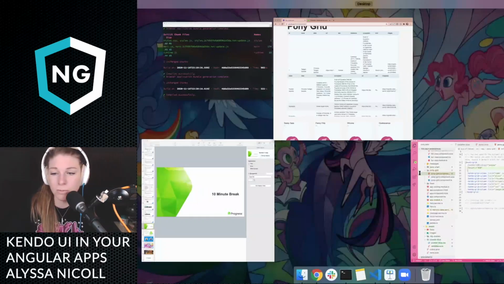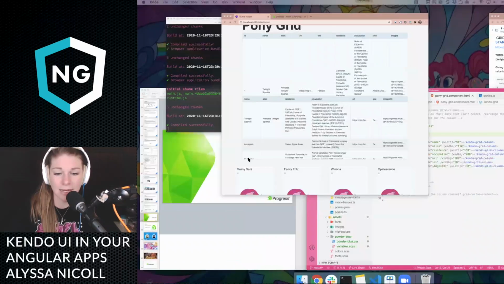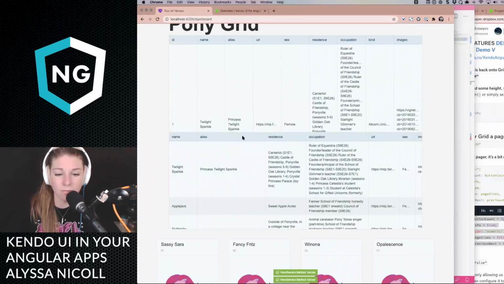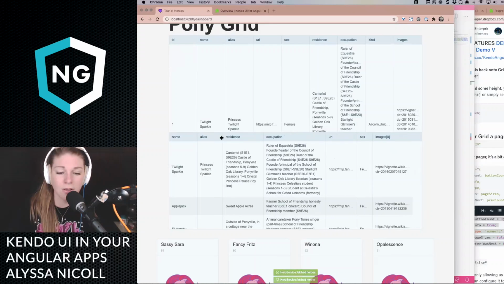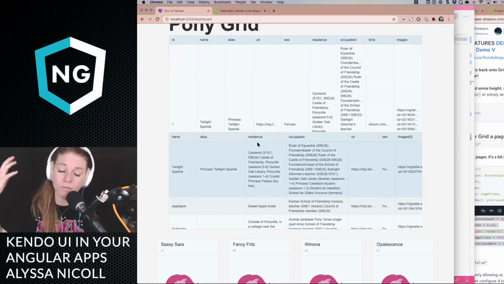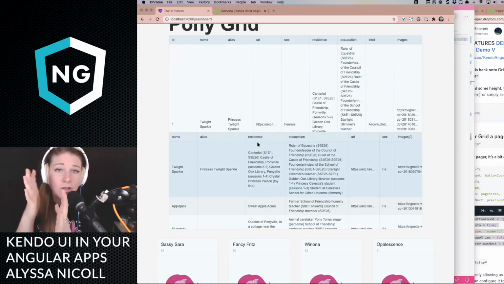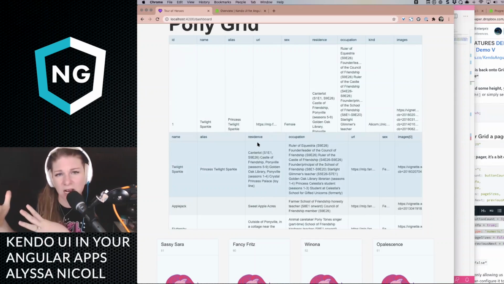And so let's pull this up and we're going to throw on resizable true. And yes, it is as easy as that. We now can resize our columns. And things like this are awesome for when you have, like, an employee dashboard with grids and you want to not only allow them to resize the columns, but you want to save that setting, like the size of their columns or the order of their columns or the grouping that they had selected. You want to save those settings and then plug them back in when the user signs in again. Things like that are really powerful and really awesome.